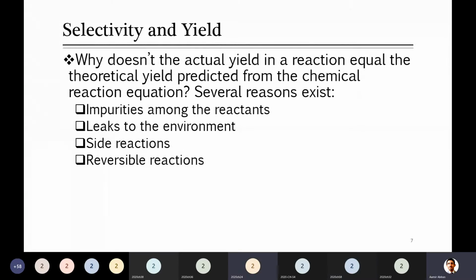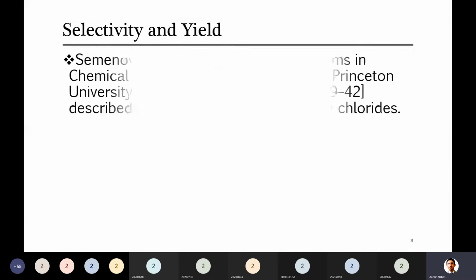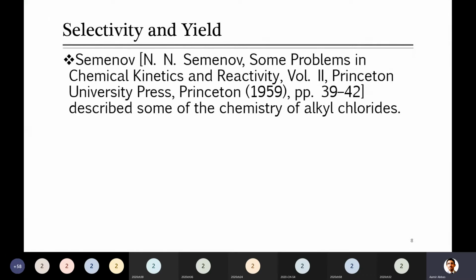Yes, so actually, for example, you were supposed to convert 100 mole of ethane to ethylene, but the reaction starts going back. All reactions are not reversible, but in those reactions which are reversible, you will not have actual yield and theoretical yield equal, because your products start going back to the reactants. That's called reversible reaction. So due to all these reasons, your actual yield will mostly not be equal to theoretical yield. So up to here, if you have any question, please ask.